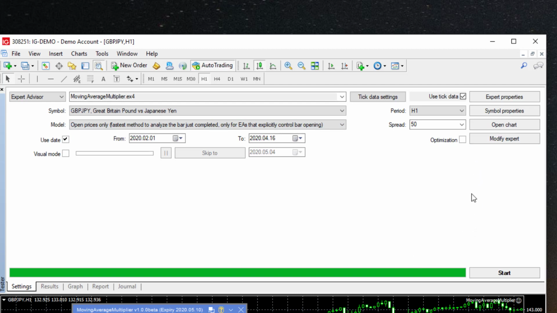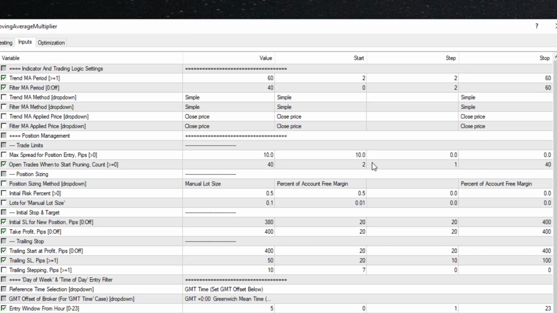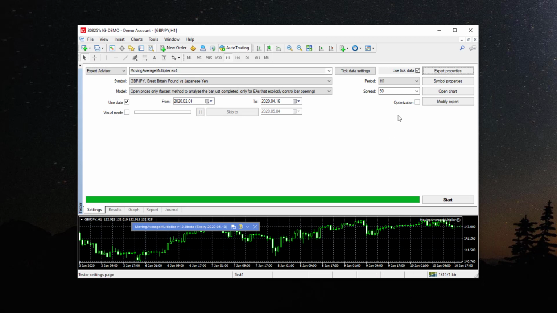And what I'm going to do now is run an optimization run according to the template that we've provided. Just bear in mind, we are chasing 57,000 as the best results. What we do is we go back to the input section. These sections have been completed for you, so you don't need to worry about that. The ticks have also been made in the appropriate places where we need to optimize, so you don't need to worry about that either. So all you do is you say okay, and you click on